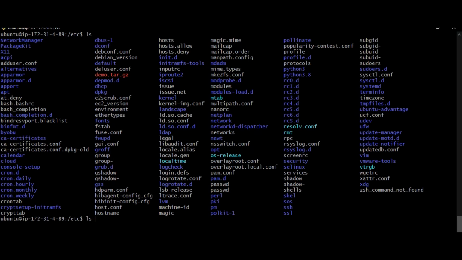Now I want to list out a particular file. At that time I'm going to give ls, pipe symbol, grep command and the name of the file. I can go with kernel. So the kernel file or folder I want to check here.